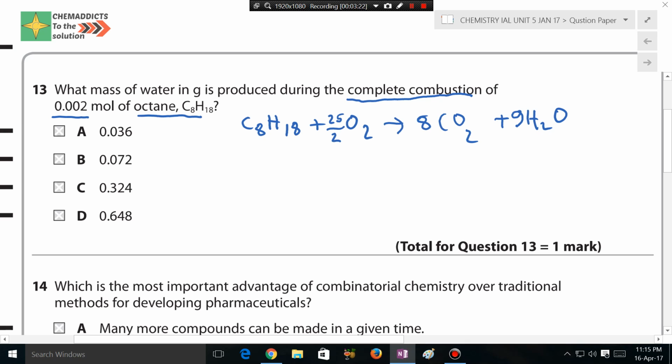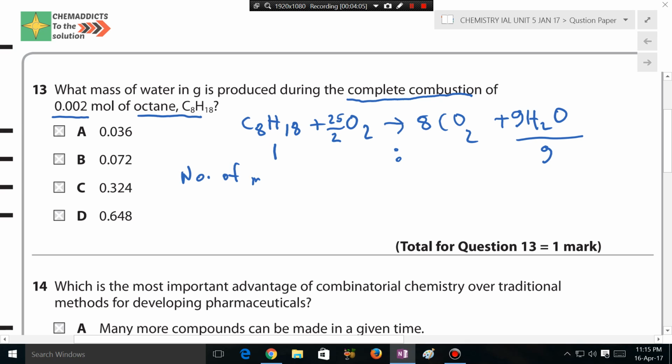We are not concerned with this oxygen, we are concerned with the number of moles of water. Here the number of moles of octane is given, so we just use the mole ratio. The mole ratio of octane to water is 1:9. Therefore the number of moles of water should be